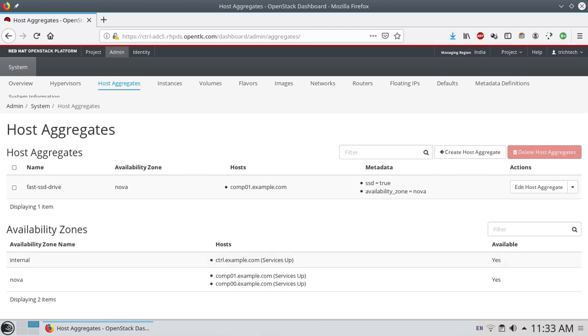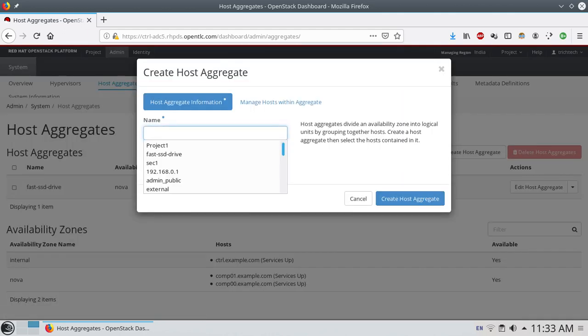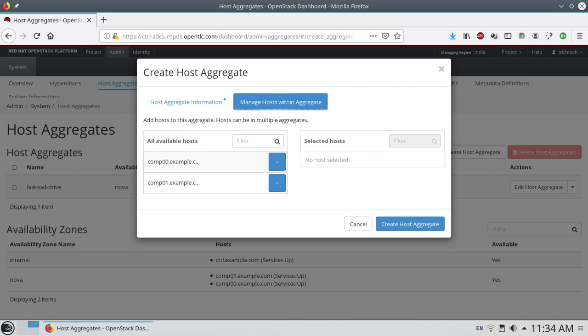To create an availability zone, it is again the same procedure, because creating an availability zone means creating a host aggregate. So we'll create a new host aggregate. Let me put a name, India South. For the availability zone, let's put South, and then we'll go to manage.